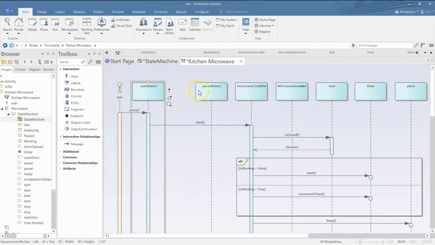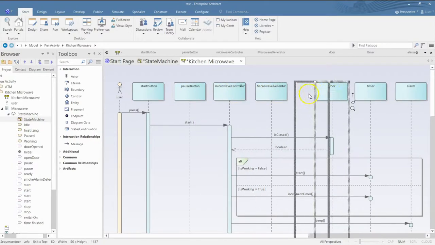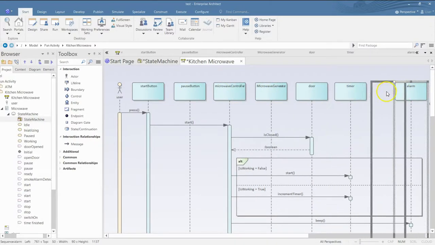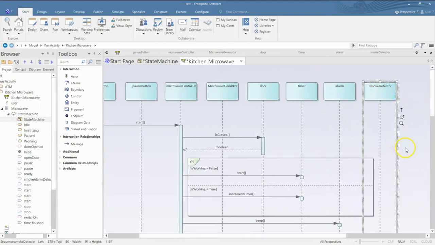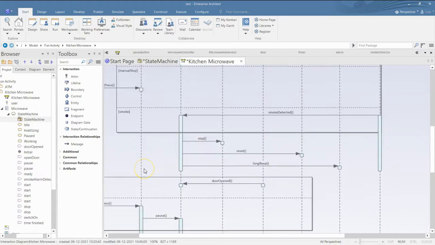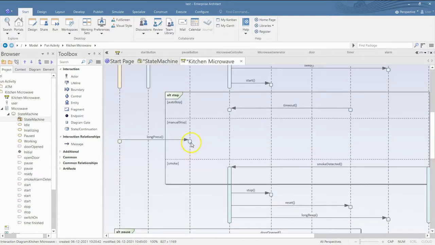So now let's arrange it properly. Don't try to do both drawing and arranging simultaneously. First focus on the logic. Okay, one message we have missed out, that is this.